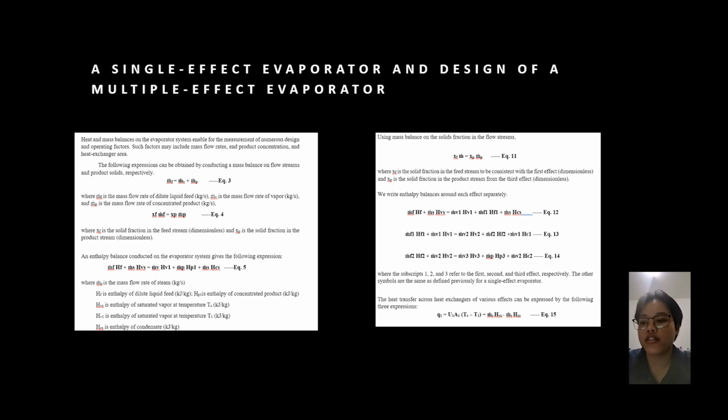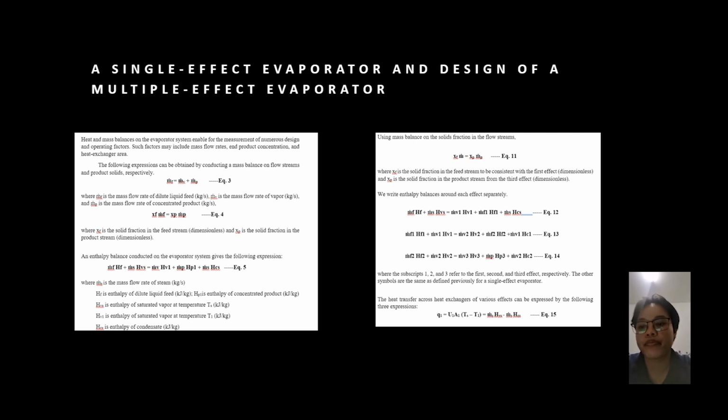Okay, the following expressions can be obtained: a mass balance on the flow stream and on the product solids, respectively, where mF equals mV plus mP, and xF mF equals xP mP, where xF is the solid fraction in the feed stream, and xP is the solid fraction in the